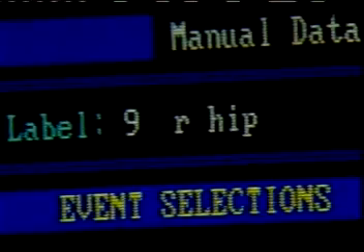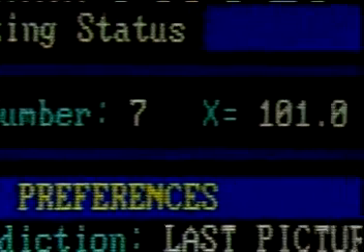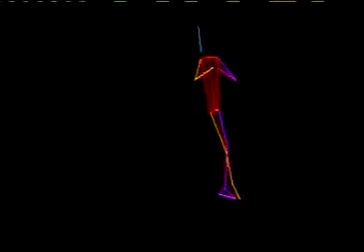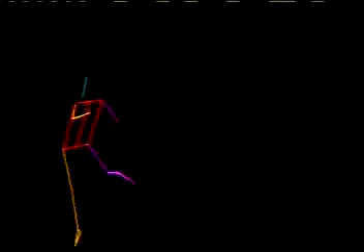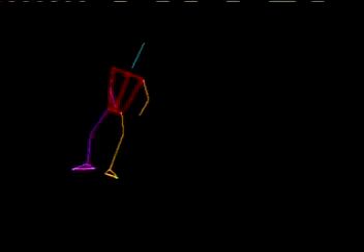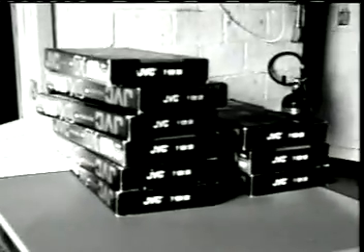You repeat that for the next camera view, and then you calculate the three-dimensional coordinates of all the joints of the skater for that one jump. And then once you have those three-dimensional coordinates, you can basically reconstruct the jump on the computer. With each jump reduced to numerical coordinates, King could now begin to answer